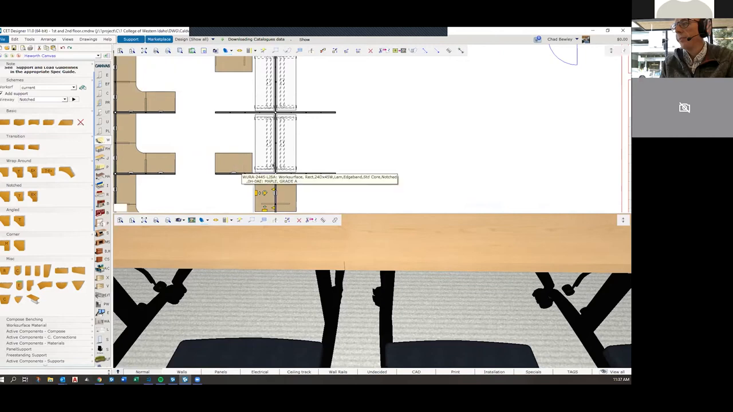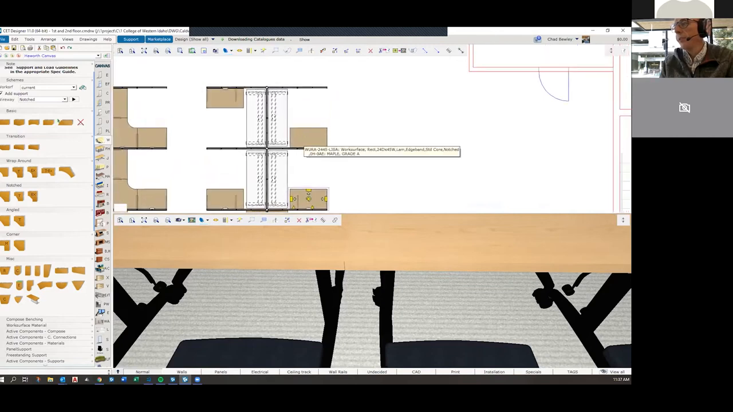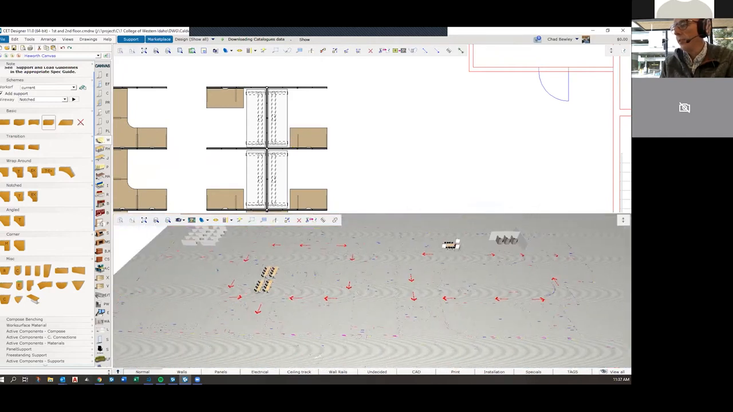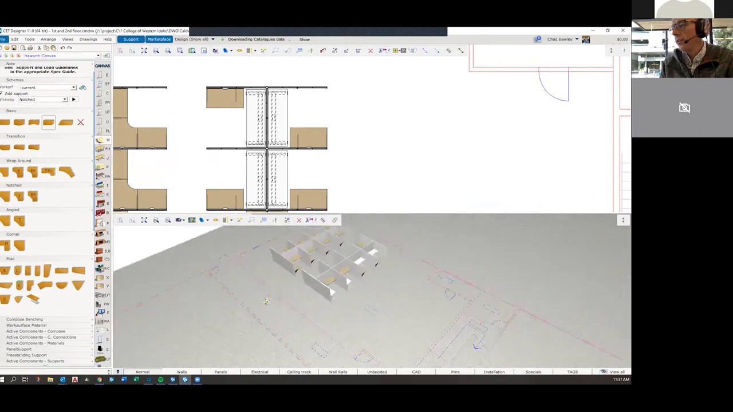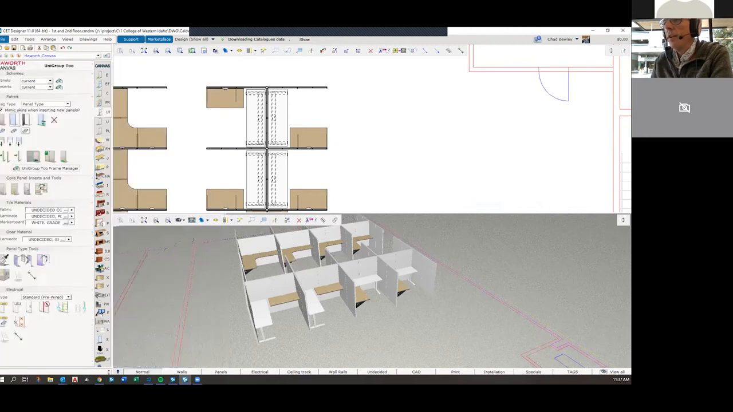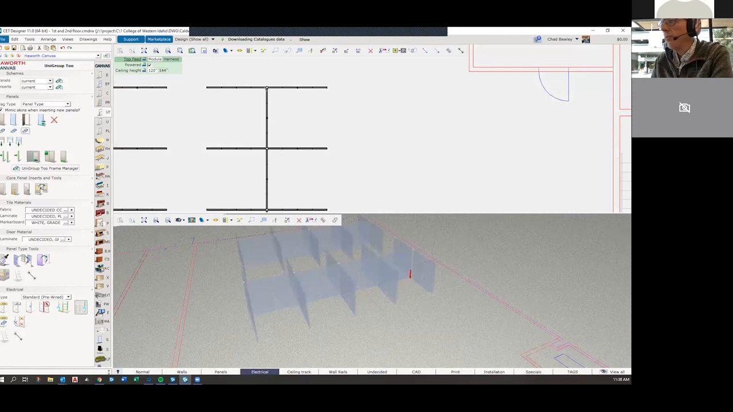We'll finish putting all these in. So let me take a look. Okay. At this point, I'm probably gonna come back in and add my power. So we'll say they're power poles, which in this extension, I can't add a power pole unless I've added power in the raceway, which